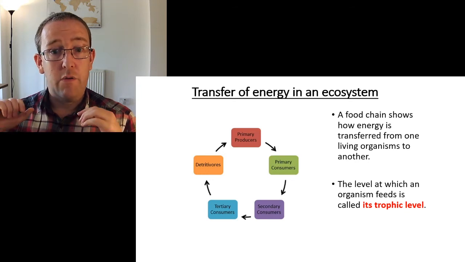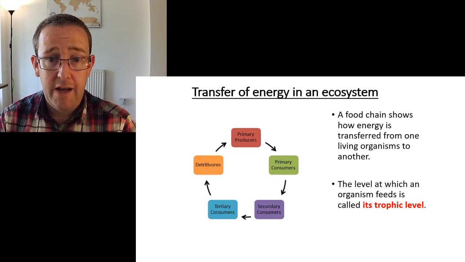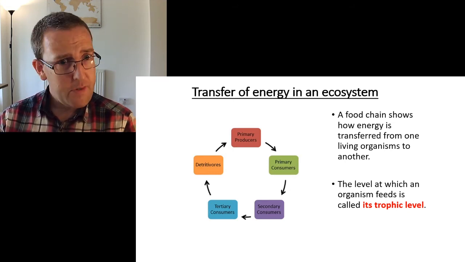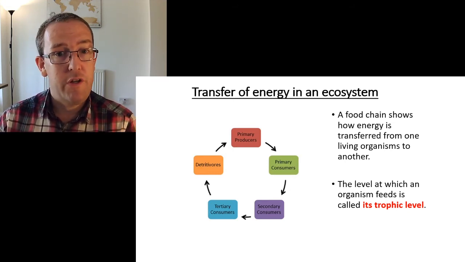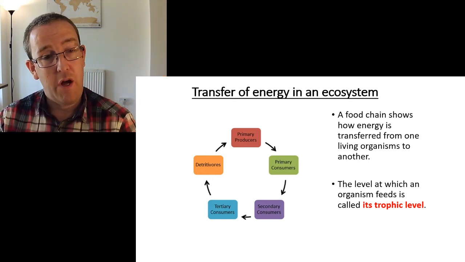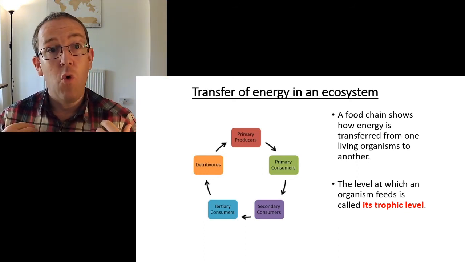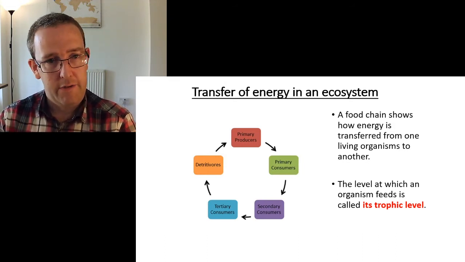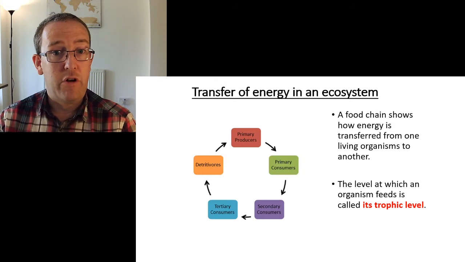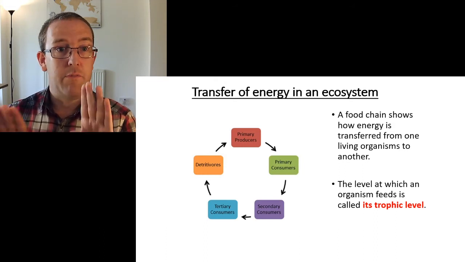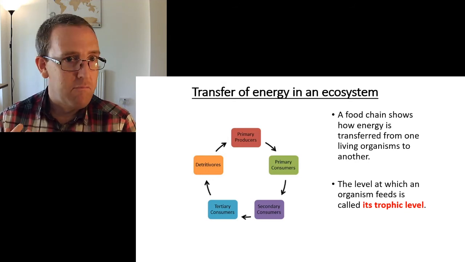Then of course you've got the detritivores in there, which deal with all the waste products, break down dead organisms, that kind of stuff, and return the atoms either into the air to be taken in the form of carbon dioxide by the primary producers, or into the soil to be taken up as minerals, your nitrates, your phosphates, that kind of stuff. And of course the one that's missing from there is the decomposers. Detritivores and decomposers are slightly different, but you get the idea.